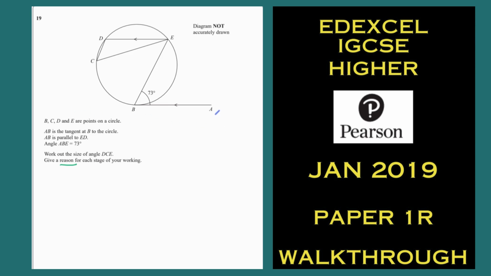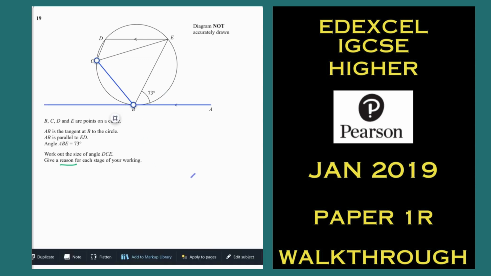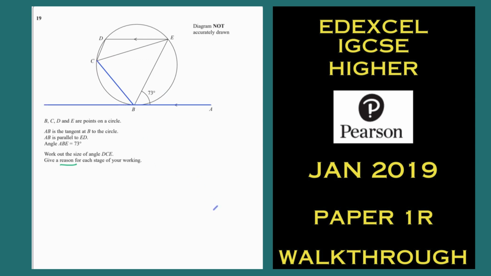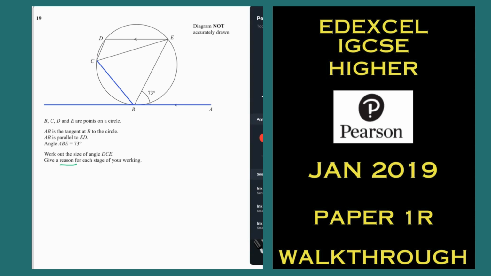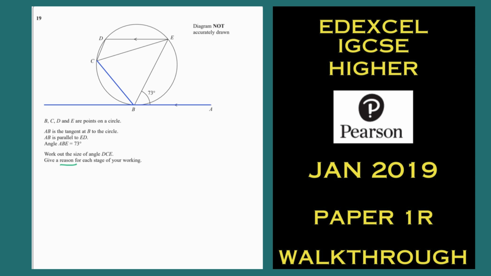So I'm going to draw on. Whenever there's a tangent that's not fully drawn, I'm always suspicious. And whenever it almost looks like there's a side missing there, let's just fill that in. So now, let's just bring up a different colour pen. I'm a bit bored with green. Let's go with that. So once you know that that is 73, you can now spot your alternate angles, because